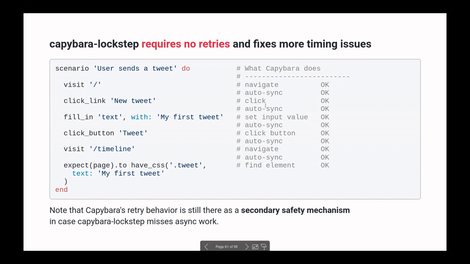And you see that it makes Capybara's internal work much calmer. So there's no longer this aspect of smashing Capybara's head against the wall until it maybe works. And of course, Capybara's retry mechanism is still there, but now it's a secondary safety mechanism for cases where Capybara Lockstep misses some async work.